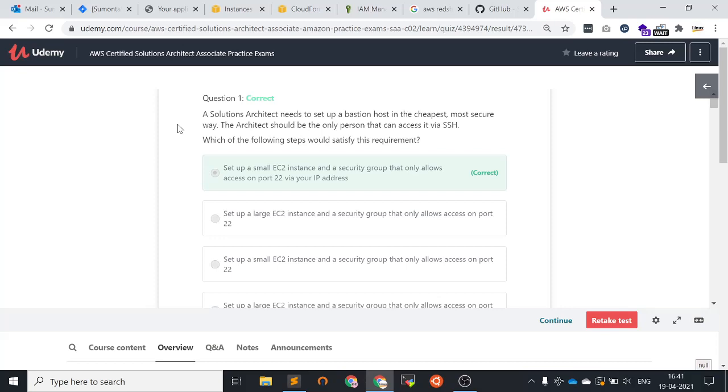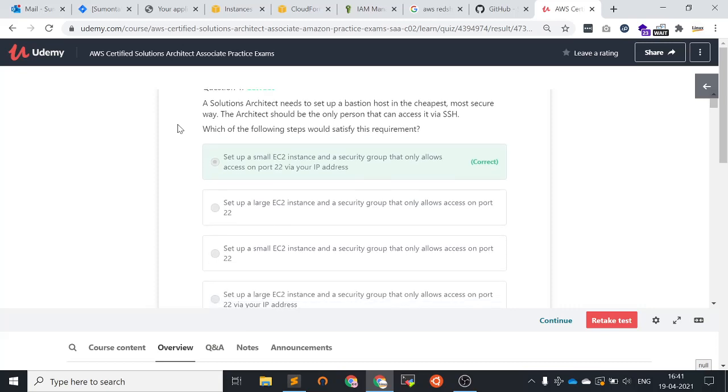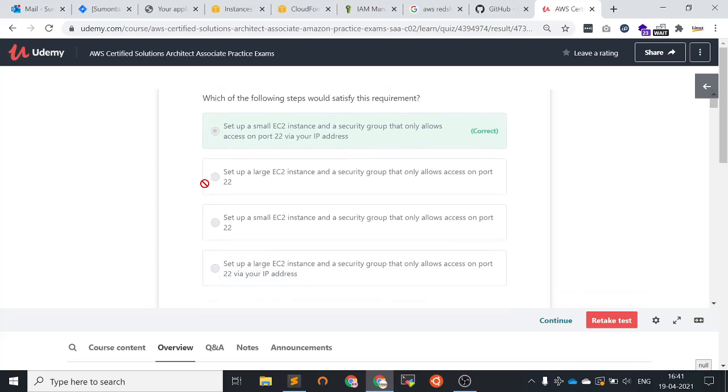Third option: set up a small EC2 instance and a security group that only allows access on port 22. And fourth option is set up a large EC2 instance and a security group that only allows access on port 22 via your IP address.